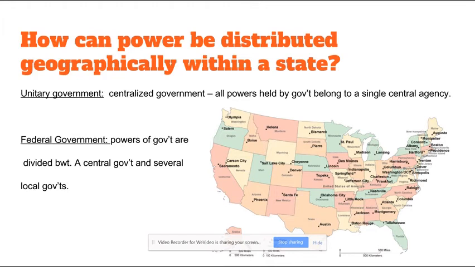Since there are multiple sovereign governments in the United States and one central government in Washington, D.C., we have a federal system of government. Now, that can be a little confusing, and we will address any of that confusion in class. However, now that you've watched this video, you should be able to look at where governmental decisions are made and where governmental power is held and determine if a government is a federal government or has a unitary system.